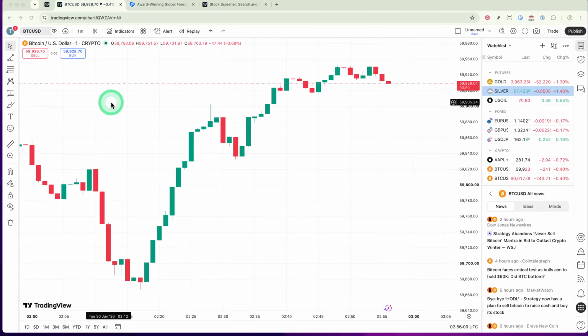In today's video, I'm going to teach you how to connect Pepperstone to TradingView. If you're someone who trades regularly, you probably know the importance of having your tools seamlessly connected. TradingView is one of the most powerful charting platforms out there, while Pepperstone is a leading broker for Forex and CFD trading. By integrating the two, you can analyze the markets and execute trades all from one place, saving time